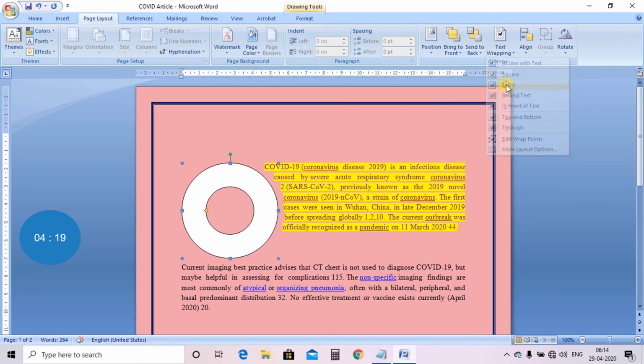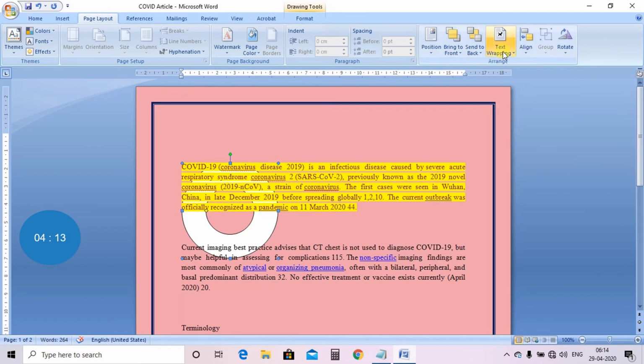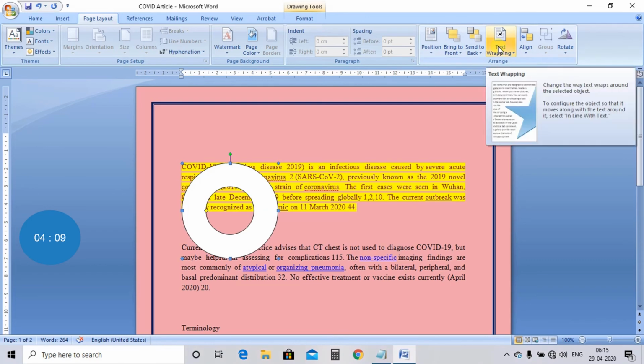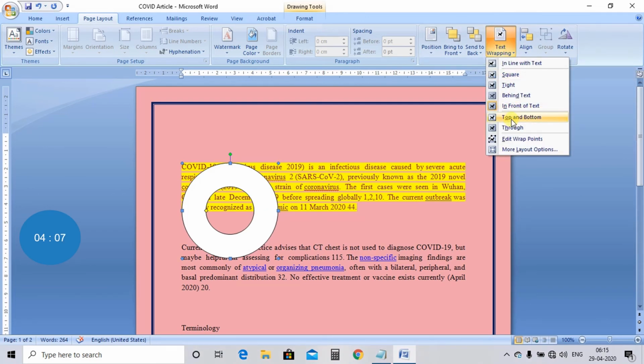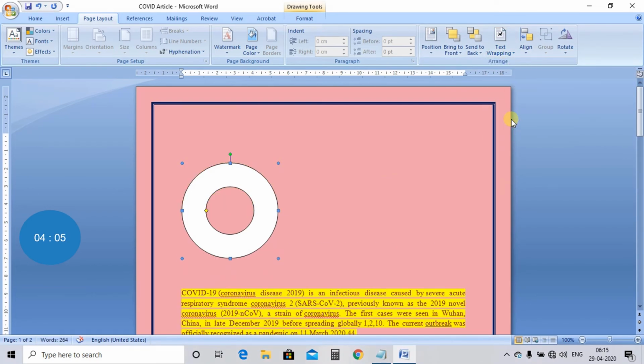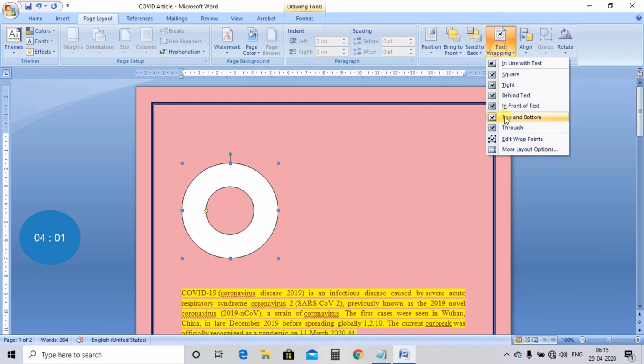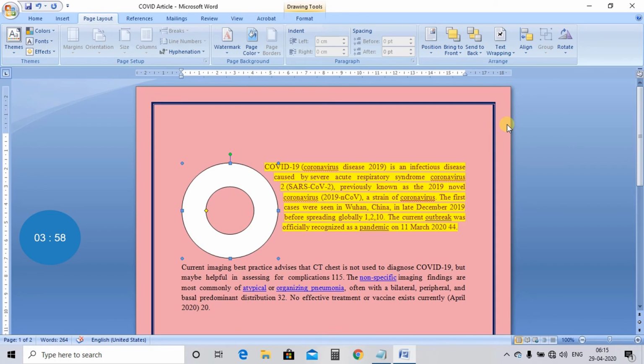Again we are choosing tight, the same part. Behind text it will go behind the text, in front of text it will be displayed above the text. Top and bottom, if you want to display it at the top or bottom of the text, then through, the same part. So you have different options.